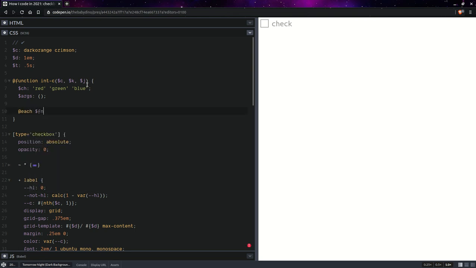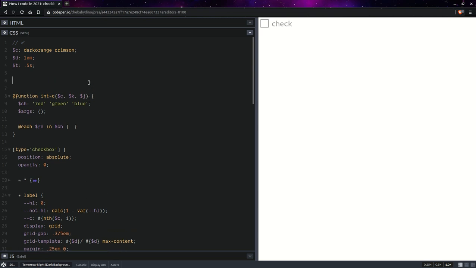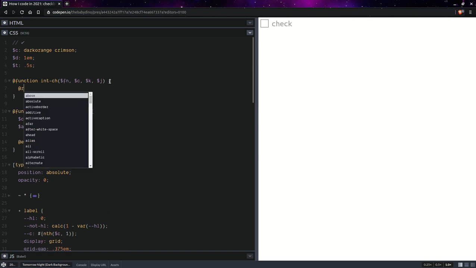So for each channel function we're going to call another function that's going to be similar, but it's going to be per channel. So interpolate channel, and here we're going to have the channel function name, and we're going to return